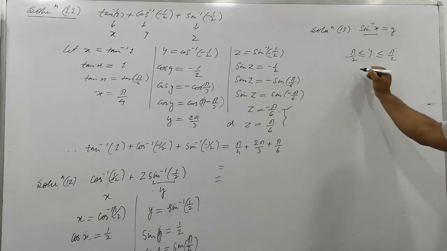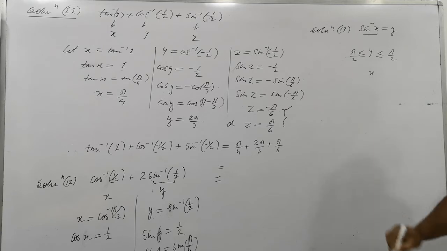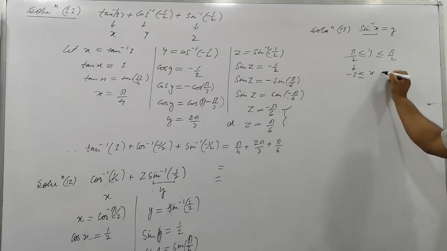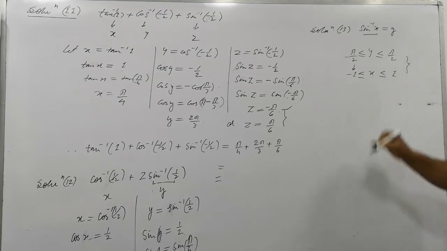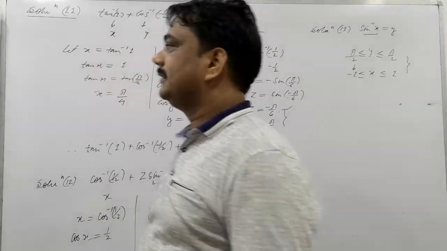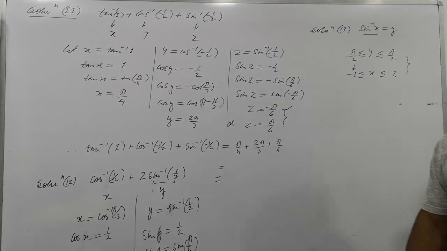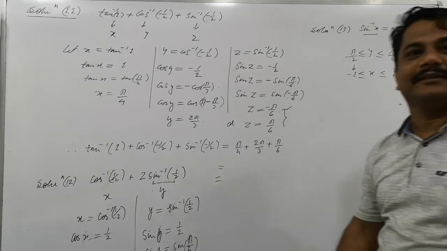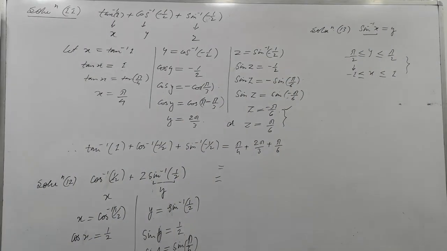And what about x? x is the domain here, so x can be from minus 1 to plus 1. Is that clear? Which is the right option? It is asking about y. A, B, C? Yes, B. You can solve question number 14 also the same way. You will solve question number 14.